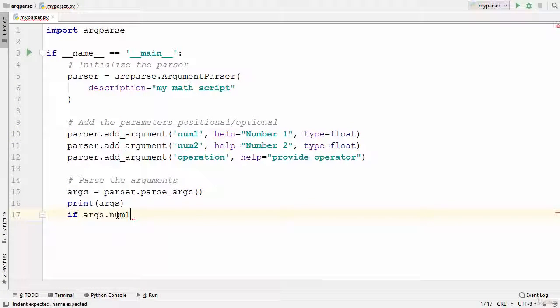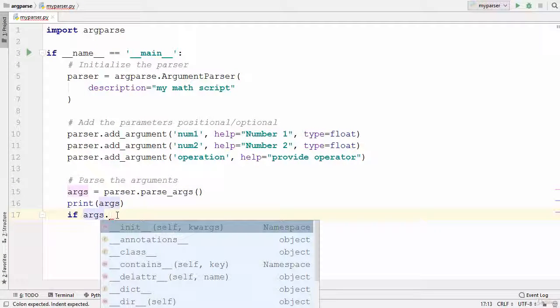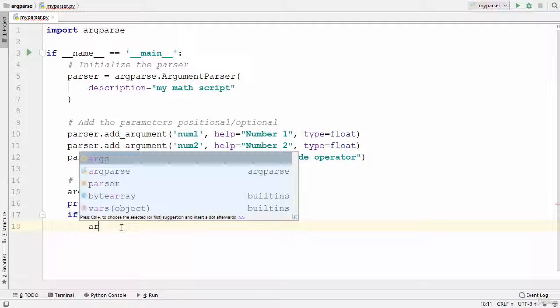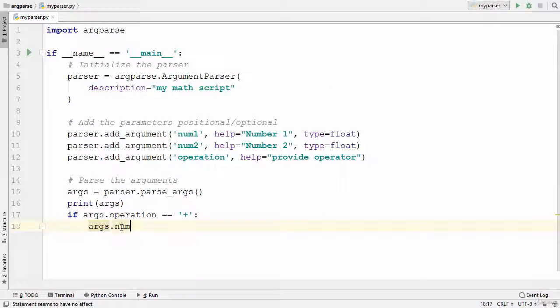So args.number1 is going to give you the value of number 1. What I want to do here is I want to know the operation first of all. So args.operation, and if this operation is equal to plus, then I will just add these two numbers. So I'm going to just say args.num1 plus